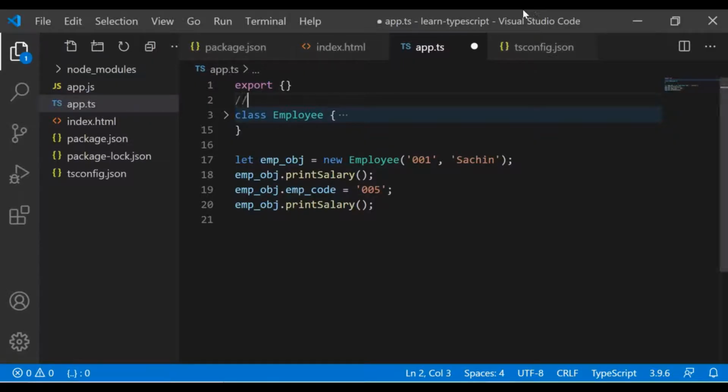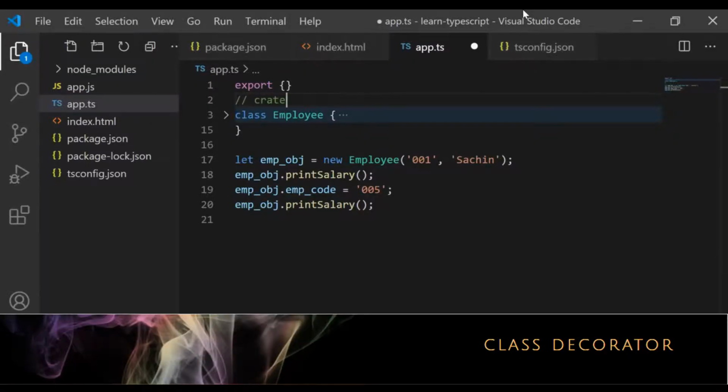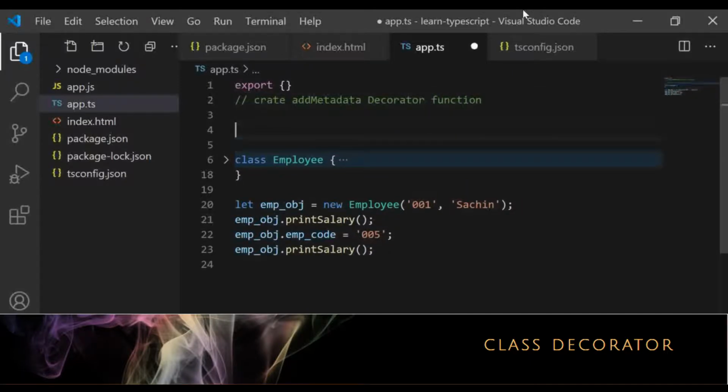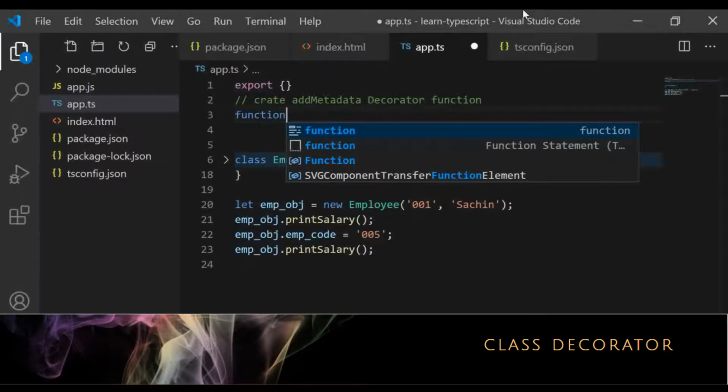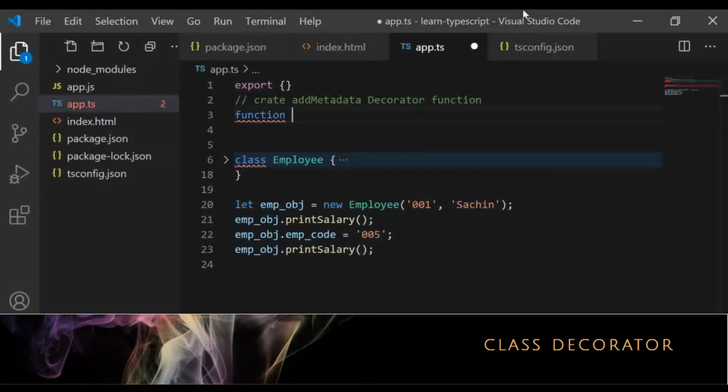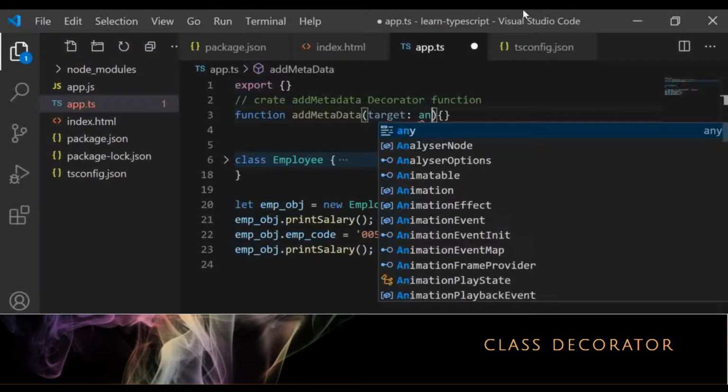Okay, going forward, decorators are primarily used to add metadata to a target. Now we'll create a very simple class level decorator for our employee class. To do that, first let us create a decorator function called addMetadata. This function accepts an argument called target.